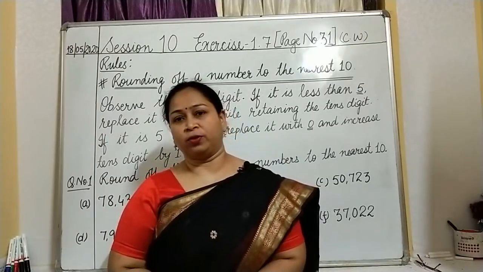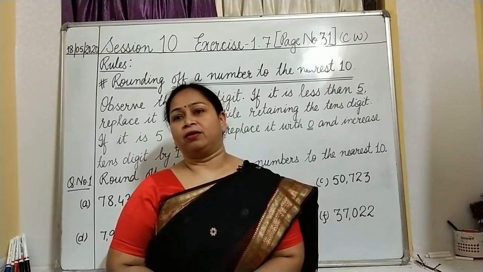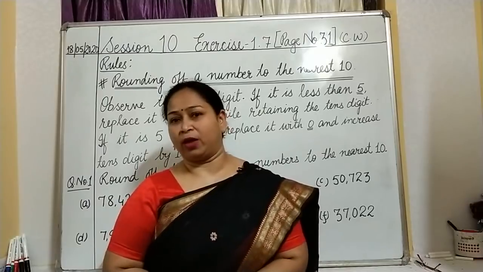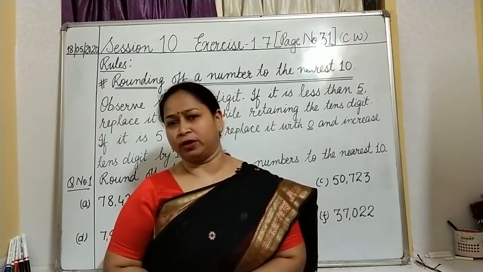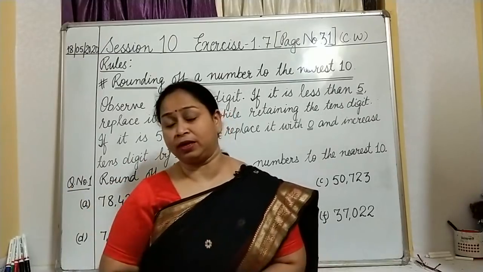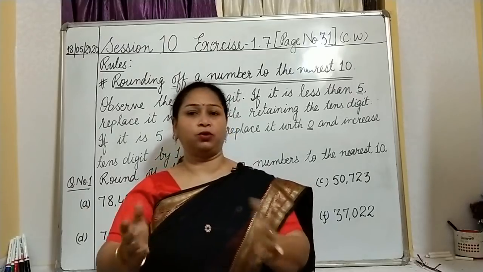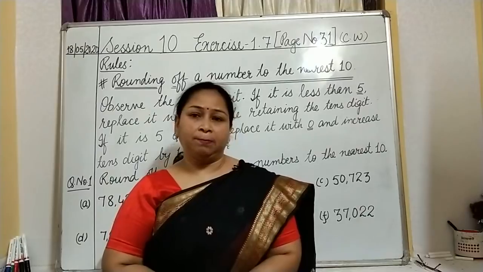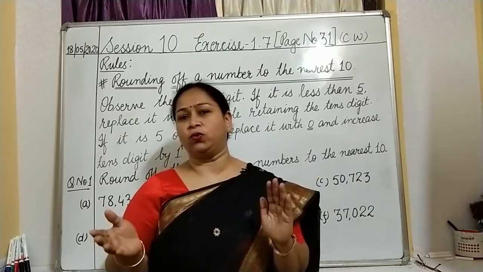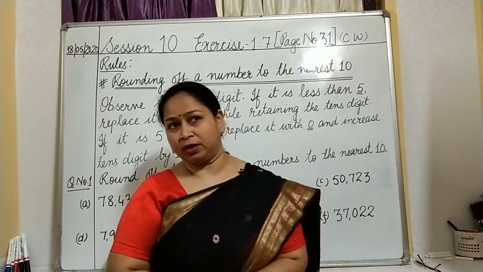So children, suppose you have 9 mangoes, and you want to tell your friend that I am having 9 mangoes. So how do you know it? You count it, isn't it? You count number 1, 2, 3, 4, 5, 6, 7, 8, 9, and then you tell the exact number to your friend, isn't it? But if you have very big numbers and you have to inform your friend, let us say you scored